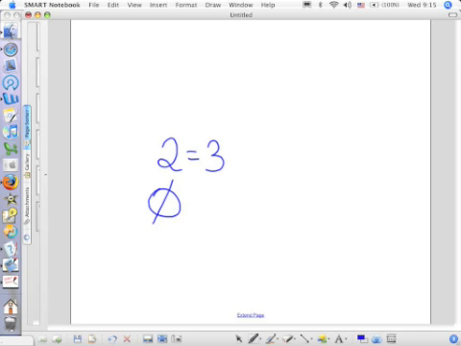So if you come up with no solution, it does not mean that your lines don't exist. It means that they're parallel to each other because they don't cross each other. All right, now suppose you came up with